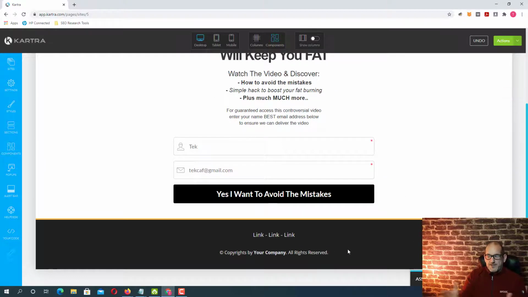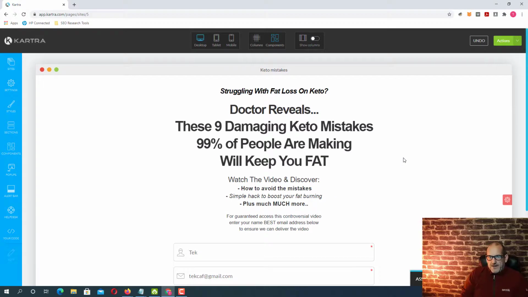And obviously at the bottom, what you're going to do is create your footer and put your links in, so you're going to have your privacy policy and that kind of thing. Google likes to see that, and if you're going to do marketing on Facebook or something like that as well, you have to have it anyway. So that's basically it. That is the structure of the landing page, and that is why I create my landing pages the way that I do,